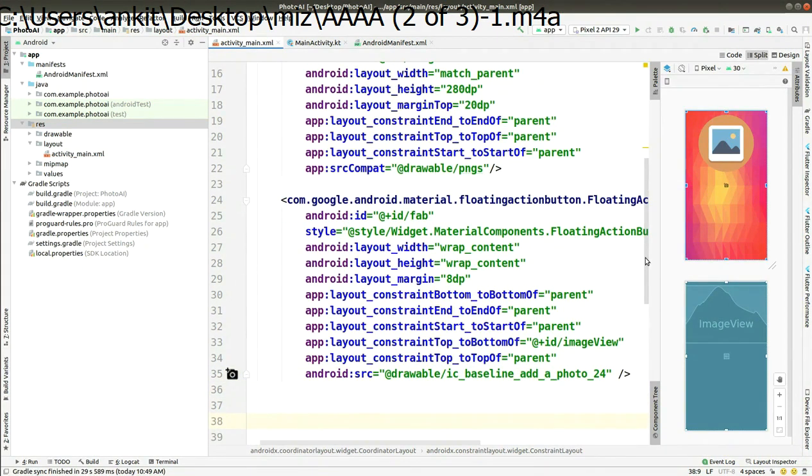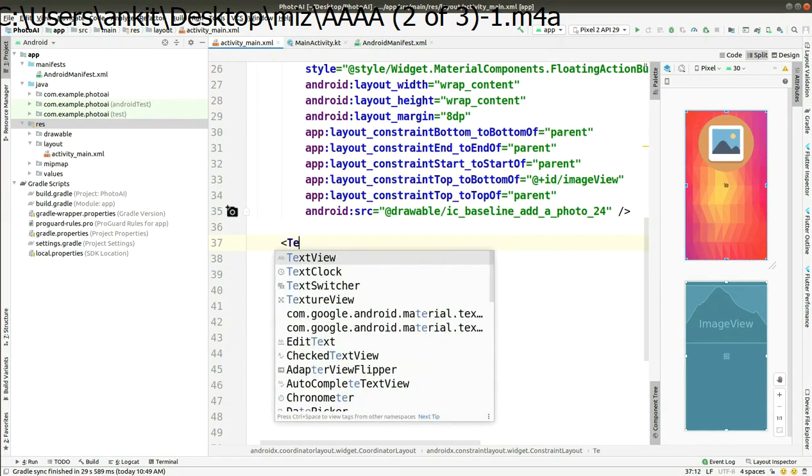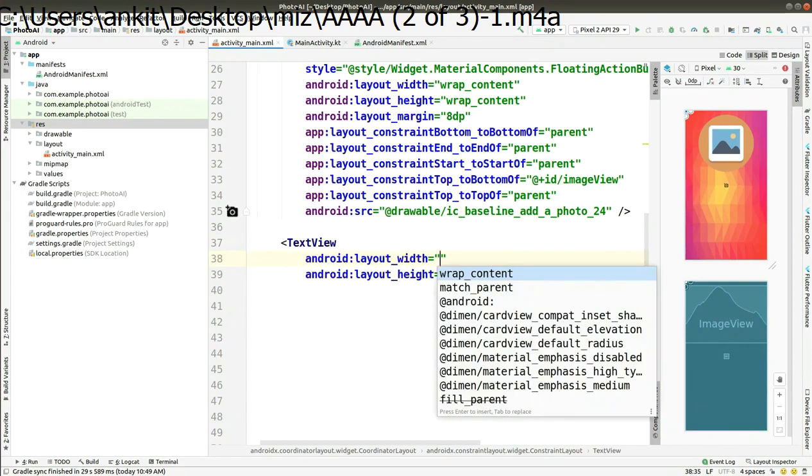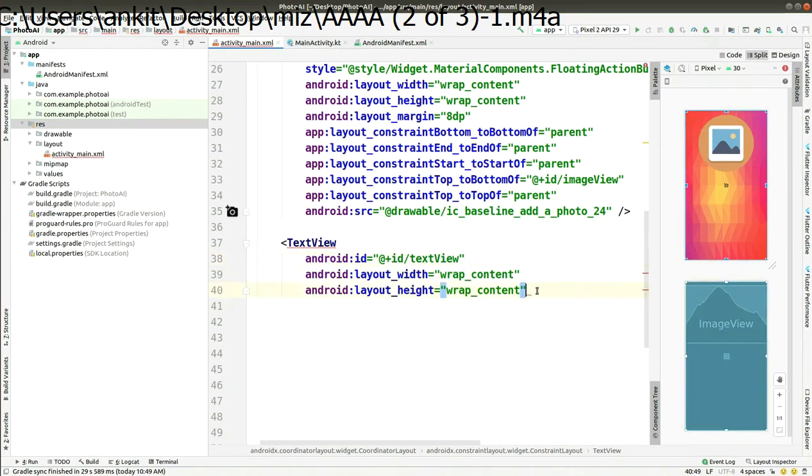After that you have to add one more view, that is a text view, and you have to set the width and height as wrap content and wrap content. Also you have to give the id for this text view as textView, but make sure that V is capital.